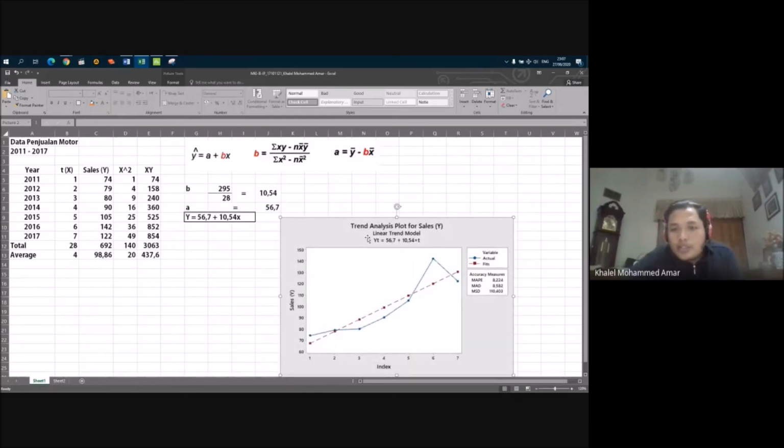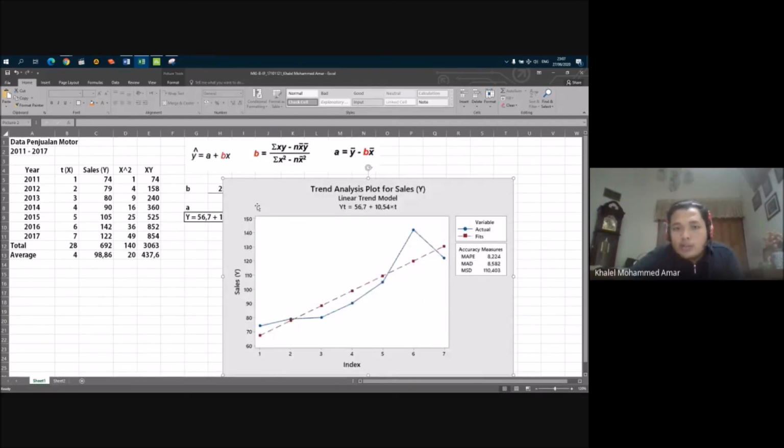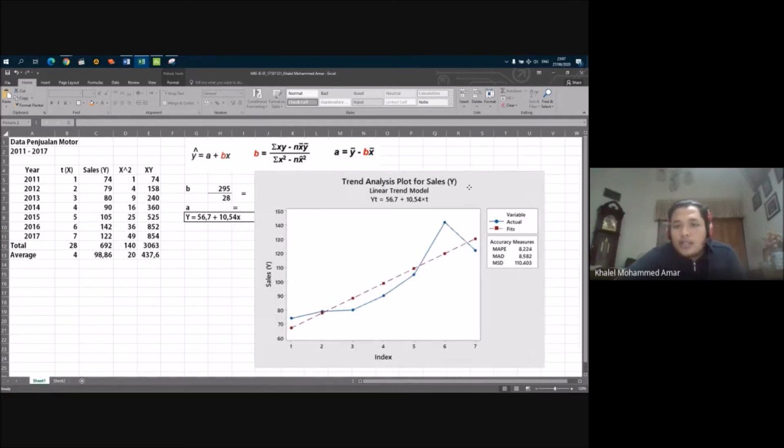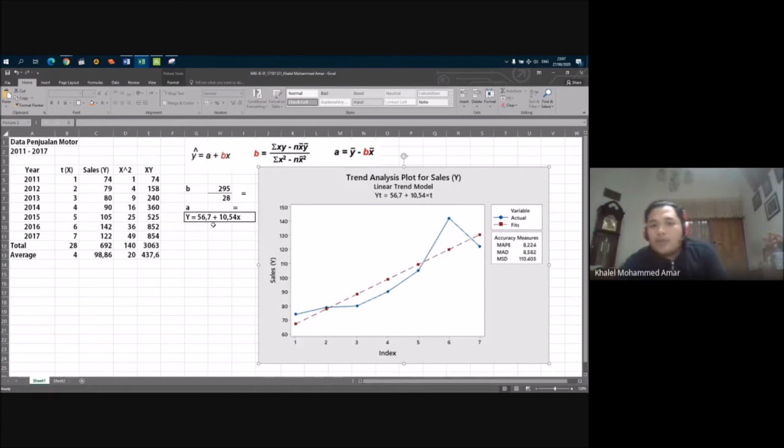We can see the formula automatically obtained from Minitab is the same as the formula we got from our calculation. So our calculation is correct.